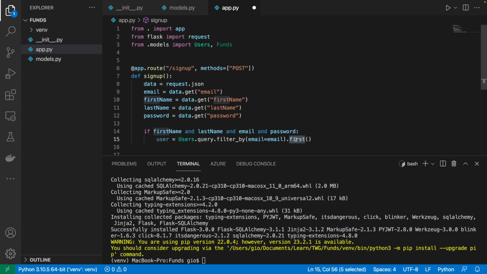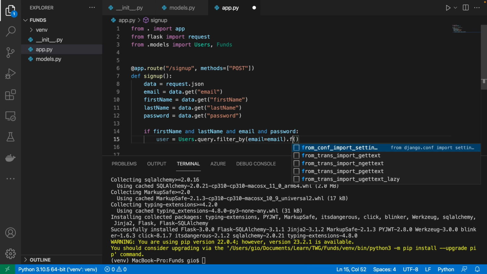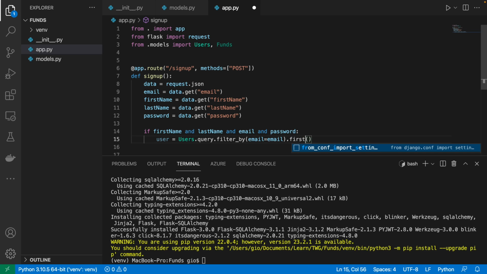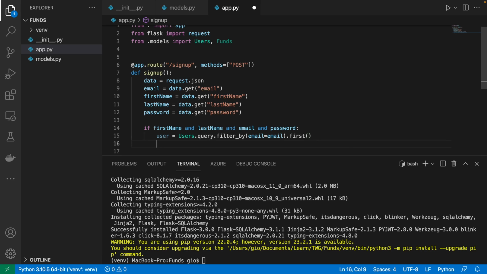There's also .all, meaning if we know that there's going to be multiple and we want all of them, then we can use .all. But in this case, I just want the first instance. If we find just one person with that email, then we're not going to allow that person to sign up because that user already exists. So if there is a user,